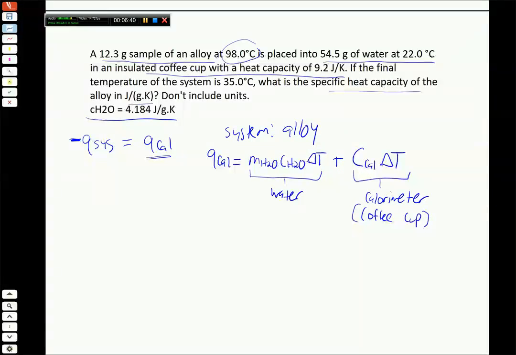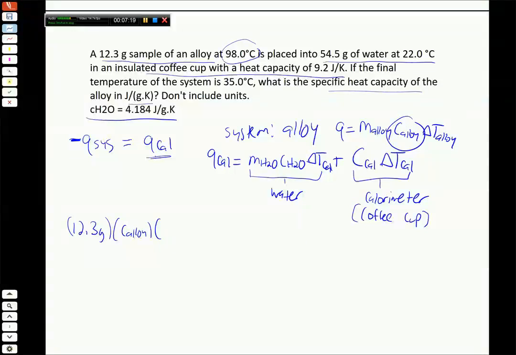So now we can just start putting in numbers, and then again for the alloy, the heat for the system is just going to be, I should have written this earlier, mass of the alloy, heat capacity of the alloy, times its delta T. There's going to be two different delta T's in this. And again, this is going to be our unknown. So we just set the two equal to each other. And so the mass of our alloy is 12.9 grams. So this is going to get 12.3 grams times the heat capacity of the alloy, which is our unknown,